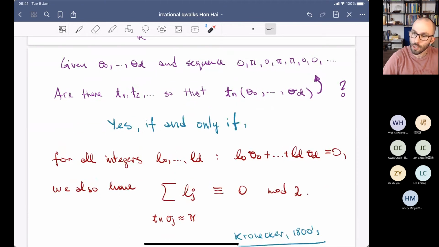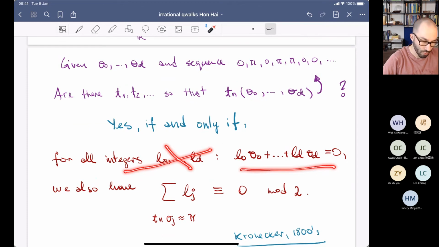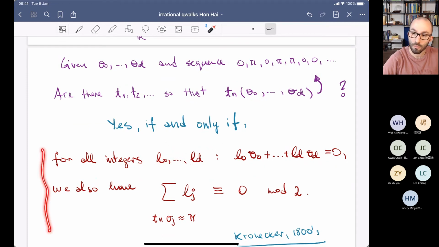If by any chance your eigenvalues theta 0, theta 1 up to theta d were independent from each other, meaning that there is no way you could write any one of them as an integer combination of the others, it means that there are no integers satisfying this, and therefore this condition is vacuously true. And therefore you could approximate, basically, I'm writing here one specific version of the theorem, but then you could replace the 0 pi by anything,